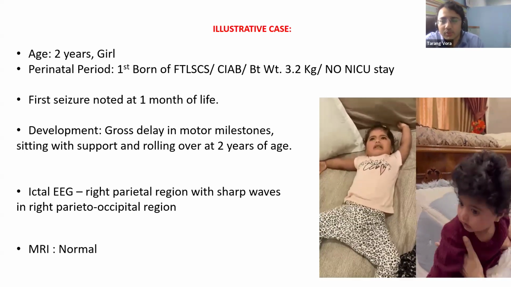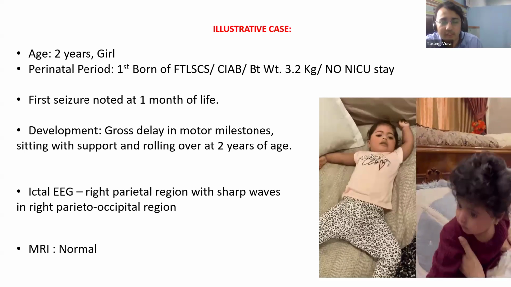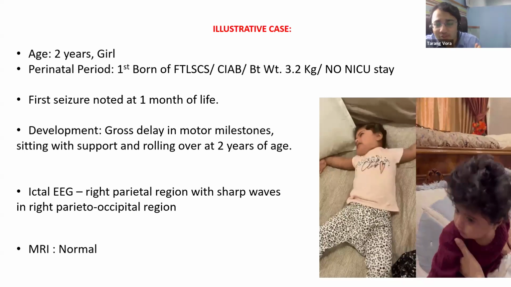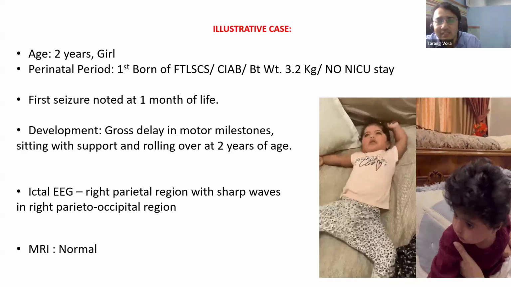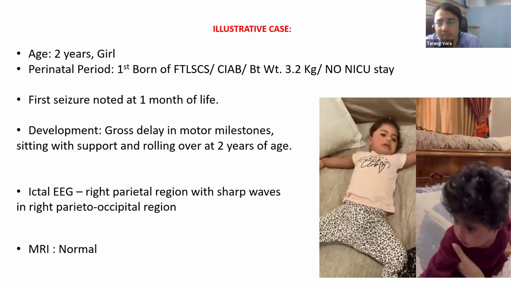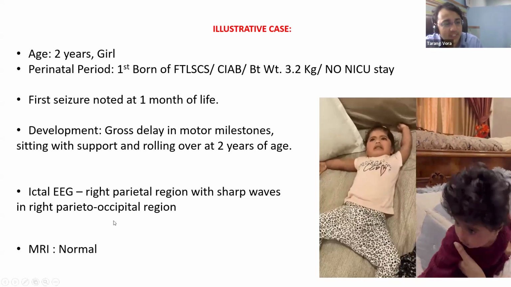They had gone through the routine process of being labeled as West syndrome, infantile spasms, and multiple treatments were given. They came to our epileptologist. Our epileptologist is so smart, so sharp. She was able to point out this is structural in nature, not infantile spasms or a routine one. The child had already taken 4 or 5 anti-epileptics.